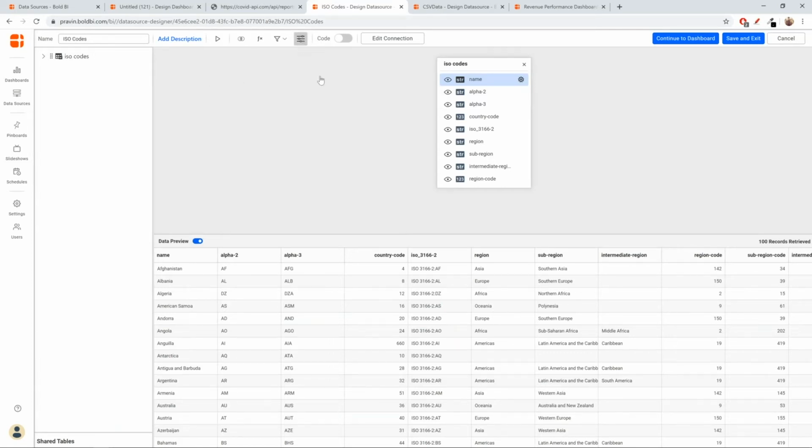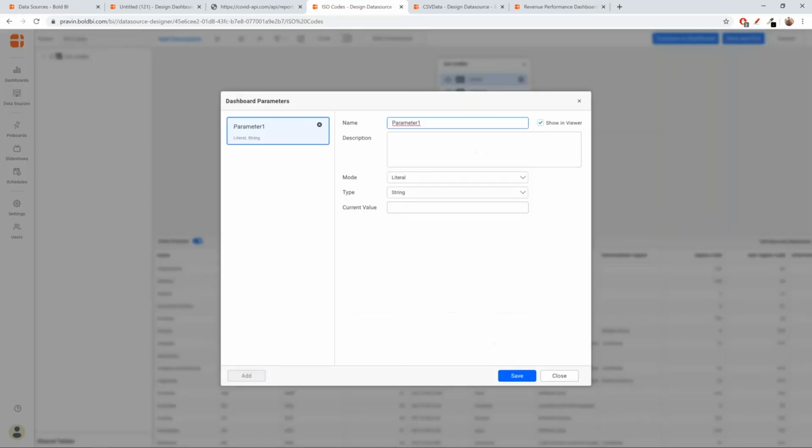I'll add a parameter and name it country code. Now I'll make it a list instead of literal, and the data type is just going to be string. Instead of entering manual values, I'm going to import the values that I have in my columns. So I'll choose the data source option, and the field should be from the data source here.